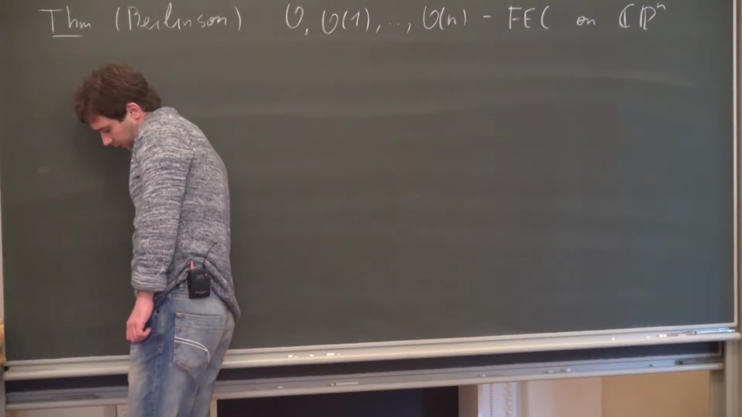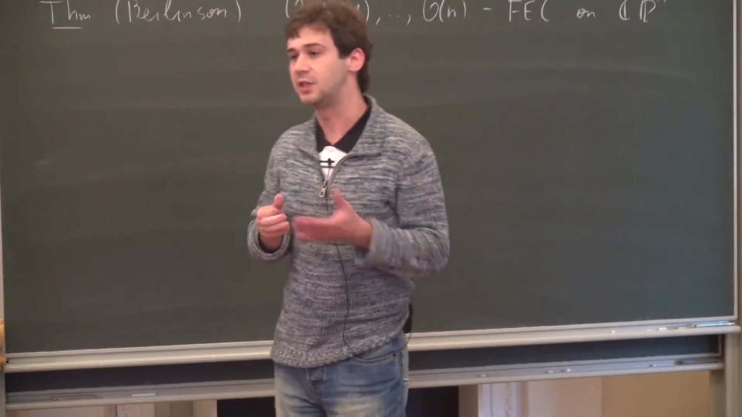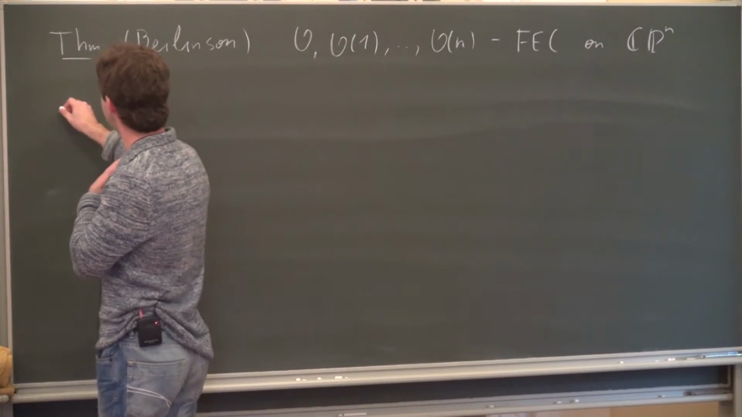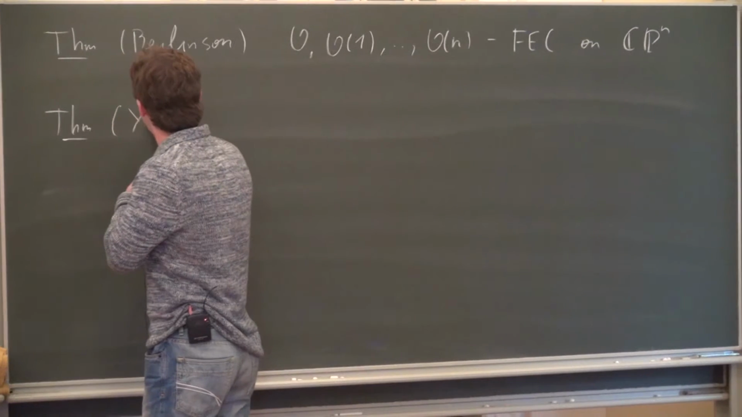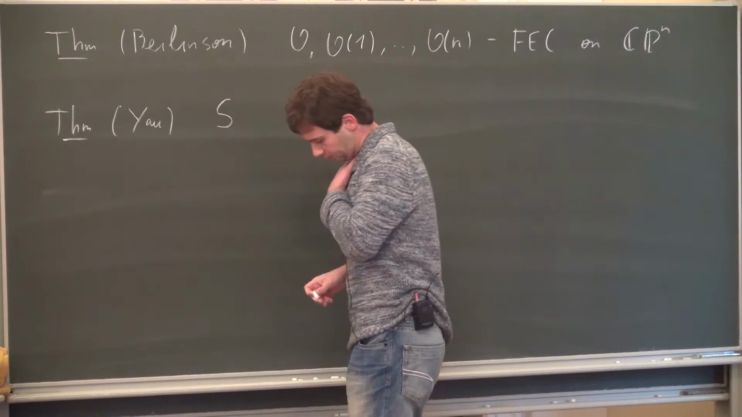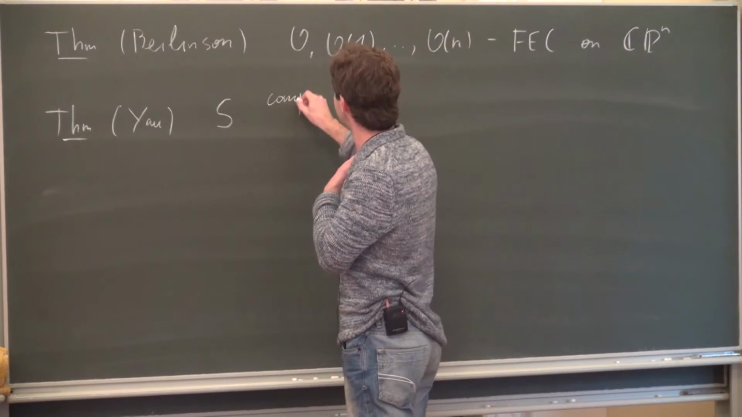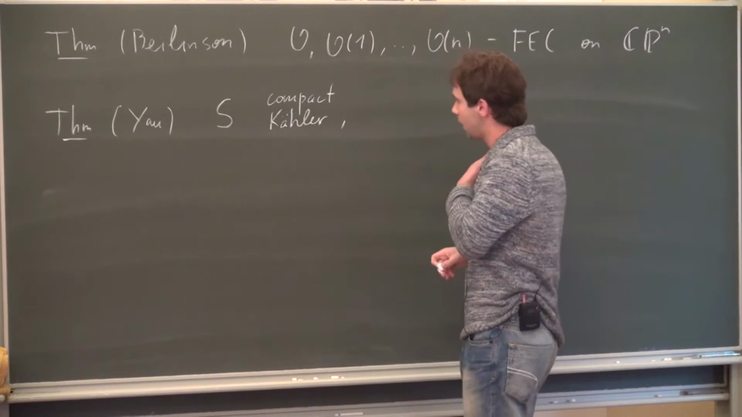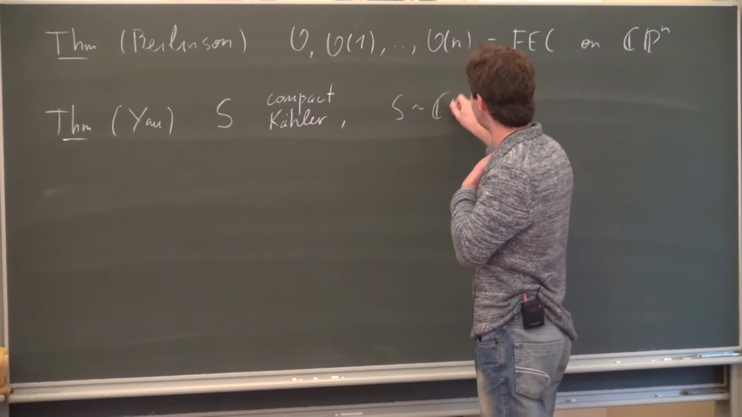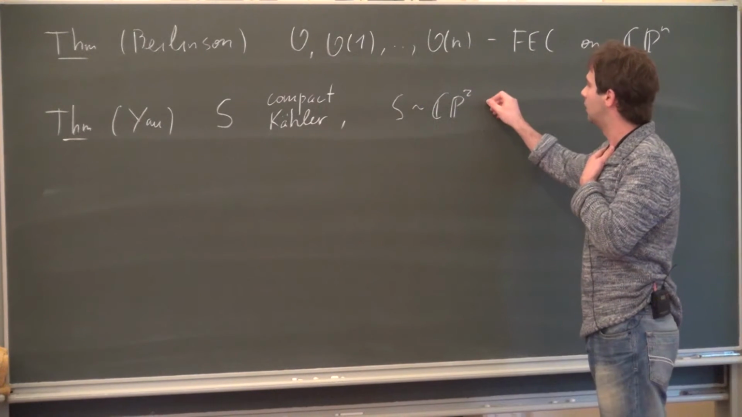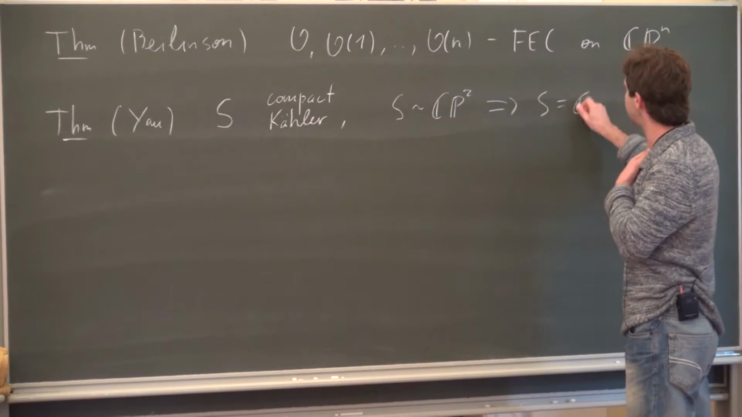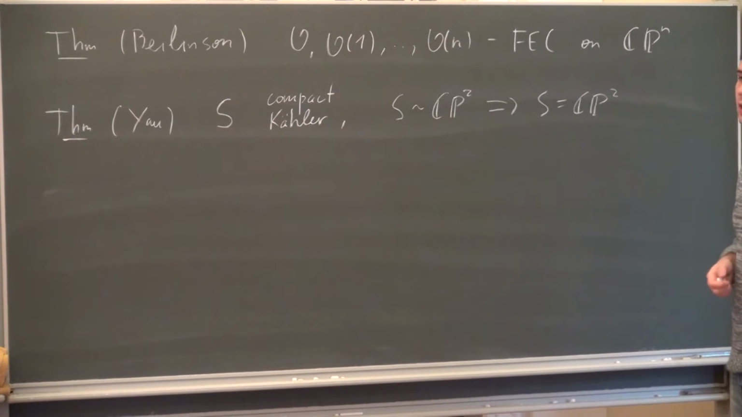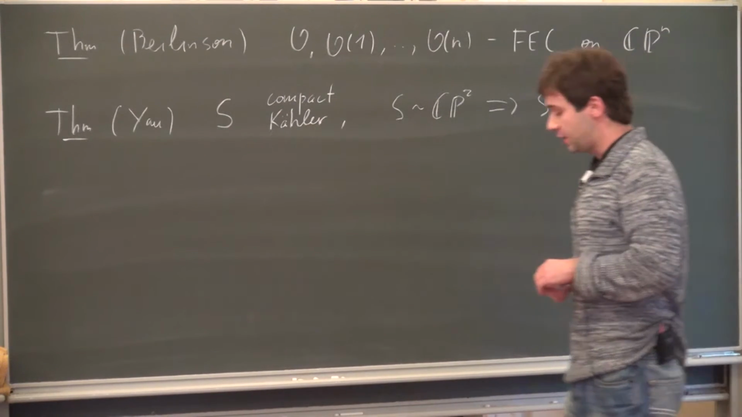Right, so how close can one get to the projective plane? First of all, there's a theorem of Yau that if S is a compact Kähler surface, and S is homotopy equivalent to CP2, then S is isomorphic to CP2. So in particular, one cannot deform the complex structure, so one cannot get too close. But on the other hand,